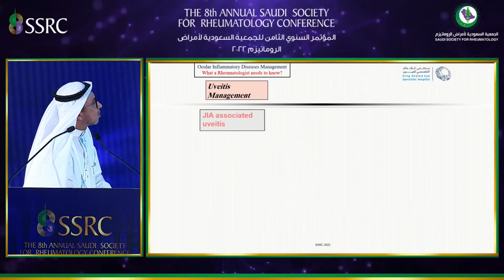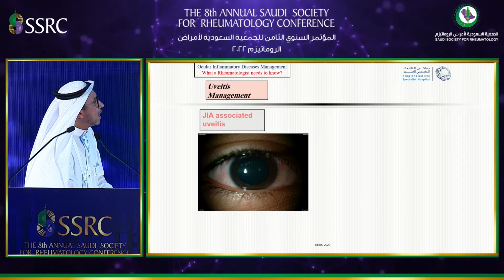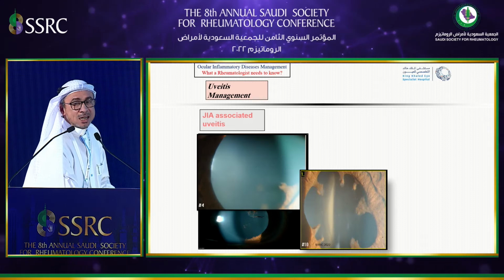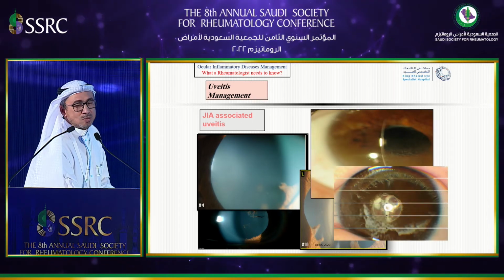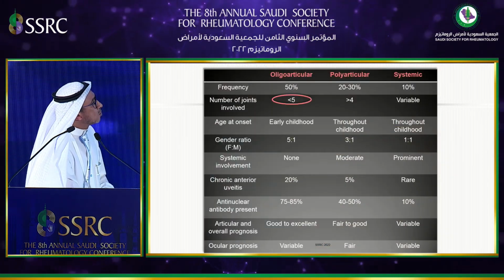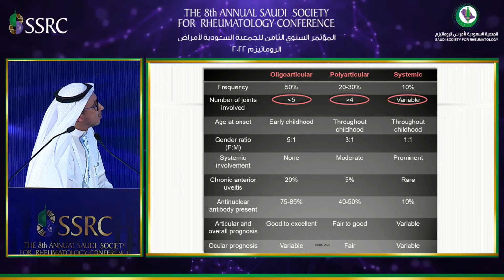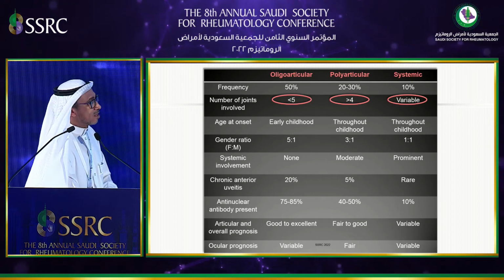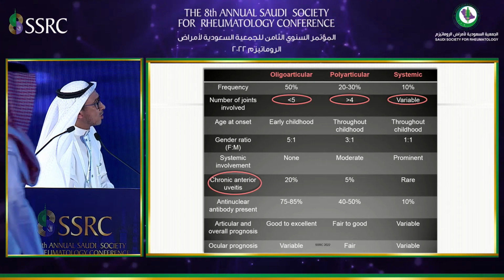This is the differential diagnosis of scleritis. Another disease that is important for the pediatric rheumatologist is juvenile idiopathic arthritis. This patient has an anterior non-granulomatous uveitis that might not be discovered early and lead to late complications and loss of the eye with phthisis bulbi. So this is just how we can screen our patients, and this is the characteristic of these small children presenting with juvenile idiopathic arthritis related uveitis. And the most important, 20% of them have oligoarticular disease.